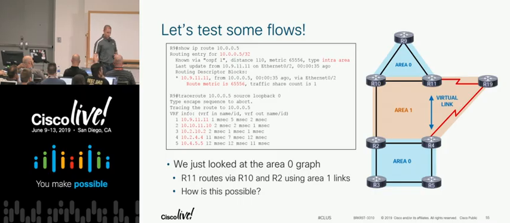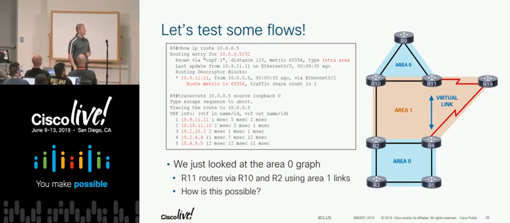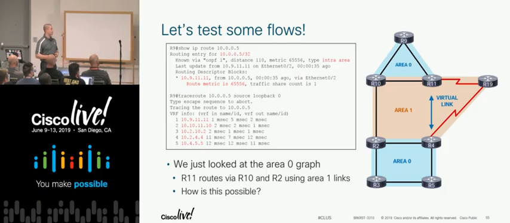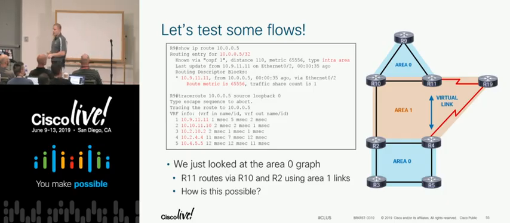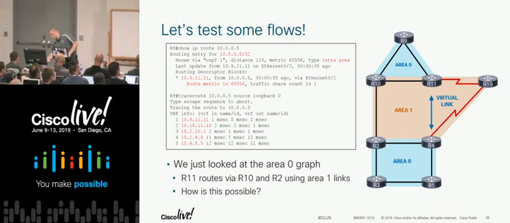Let's test some flows now. This is the really fun part. So we troubleshot bringing up the virtual link. Now let's see how the traffic works. If we send traffic from R9 down to R5, just looking at the way the topology is built, we have an Area 0 connection on the right side of the topology, but we don't have a virtual link from R2 to R10, for example. But when I do this traceroute, which I'm going to show you next,